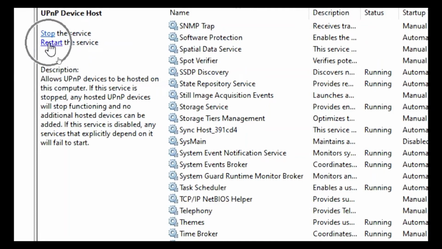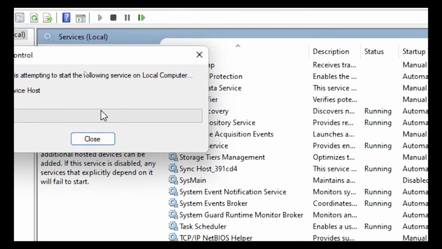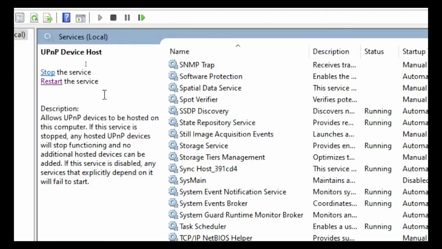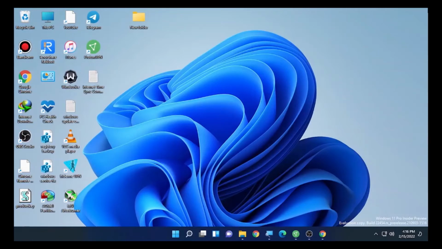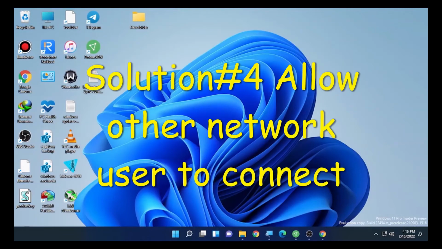So select restart. So all the services will restart again, and close the restart window and check whether the network sharing failure or problem is solved or not. If the network sharing problem is not solved, then the fourth solution will be again, we will go to here,